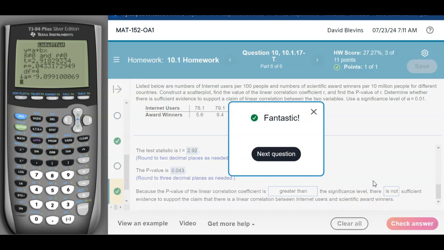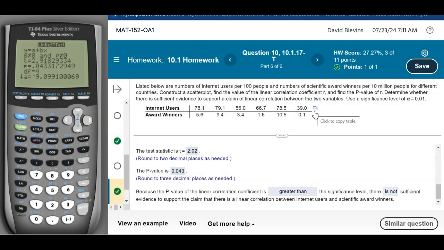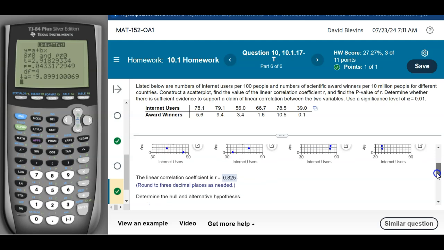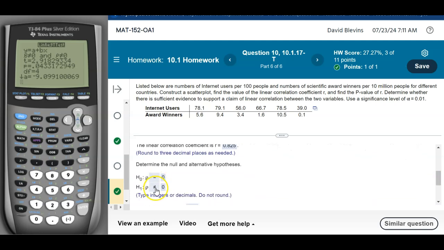So that's the hypothesis test, which comes at the end once we've put in our data, seen a scatter plot, and found the correlation value. We run a hypothesis test to determine whether it's different from 0. You know what I mean by that. This 0.825, that's our correlation coefficient. That's not equal to 1, but is it far enough away from 0? Is it far enough away from 0 for us to understand that it's not just chance,